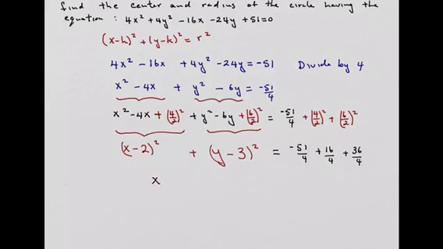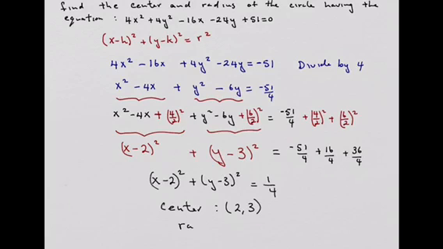So we have x minus 2 plus y minus 3. These are quantity squared, and that is equal to 1/4. So from here we can see that the center is 2, 3, and the radius